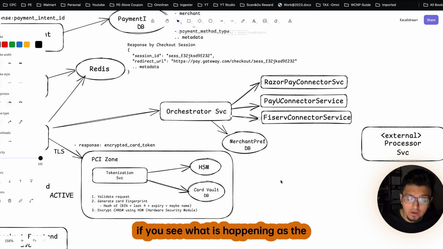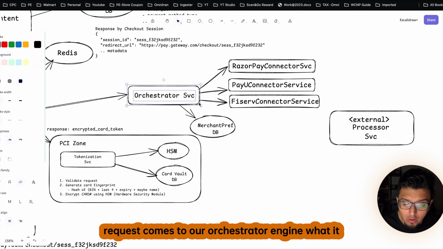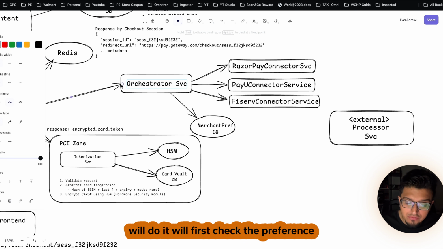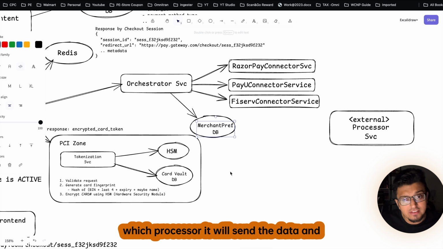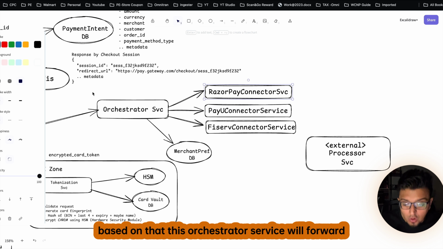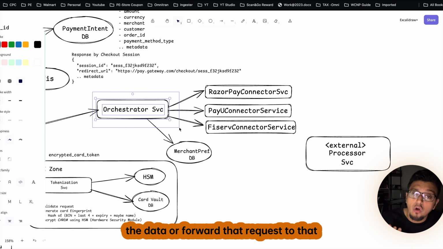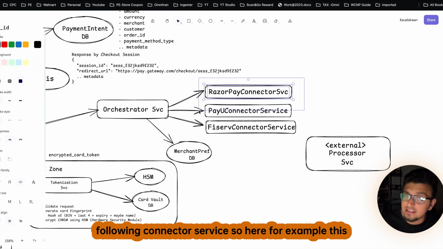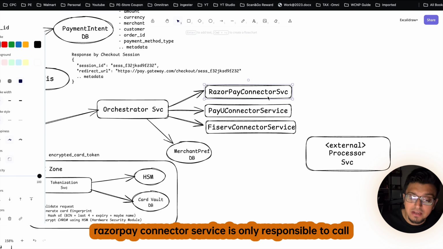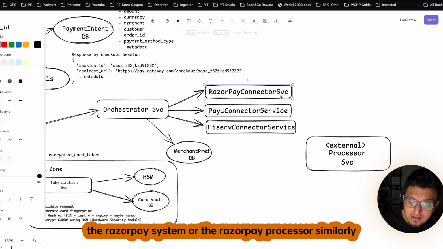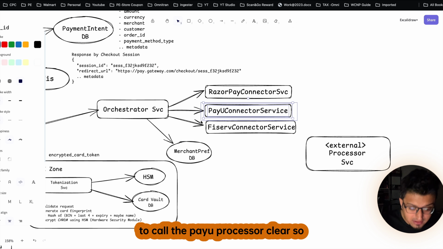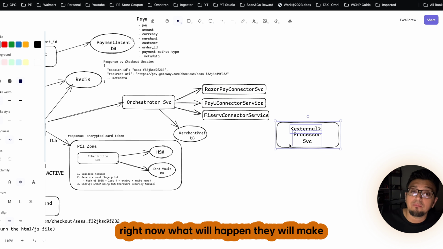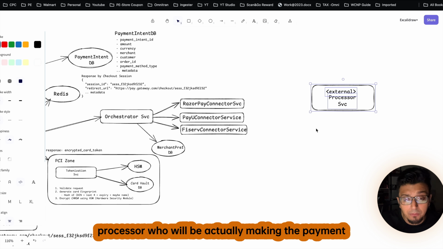So here, if you see what is happening, as the request comes to our orchestrator engine, it will first check the preference DB, that is the merchant preference DB, to see which processor it will send the data to. Based on that, this orchestrator service will forward the request to the following connector service. For example, this Razorpay connector service is only responsible for calling the Razorpay system, or the Razorpay processor. Similarly, the PayU connector service is only responsible for calling the PayU processor. Clear? So right now they will make the final call, and that is to the processor